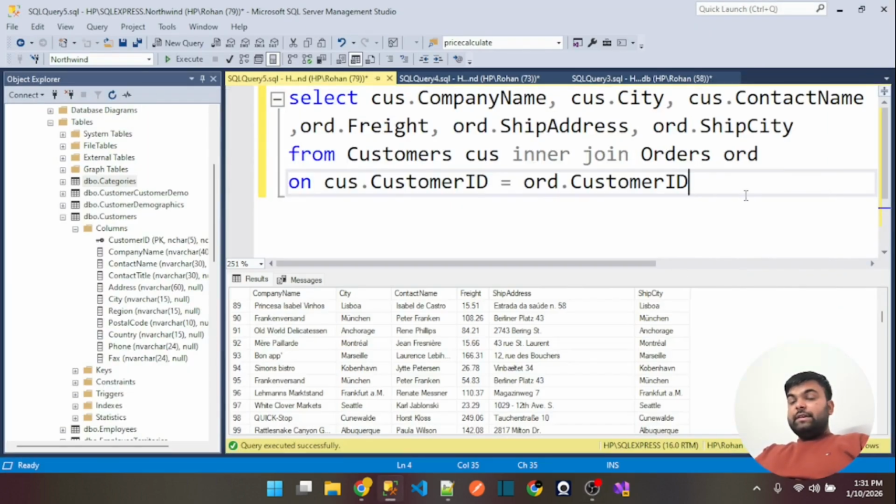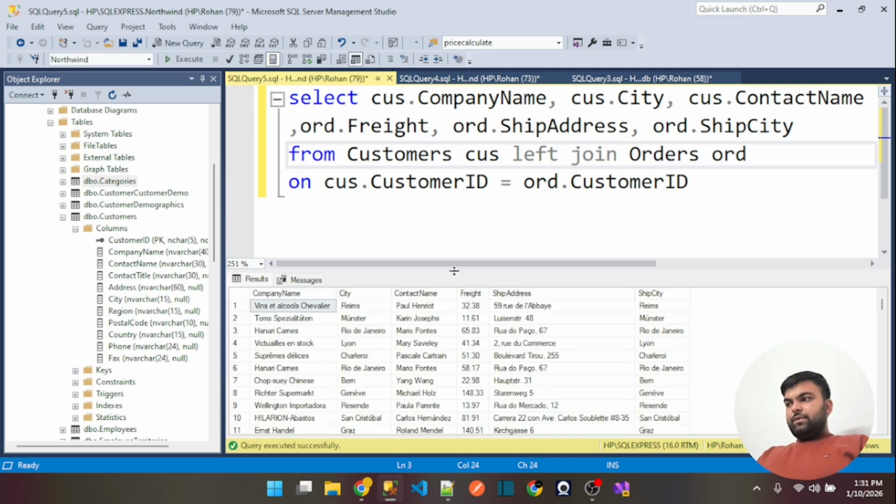So in such a way, we will see about the SQL joins. Inner join always ensures that the column should have the value. If the value is not matched, you won't get the data. That's it. So this is the funda of the inner join. But in case of the left join,